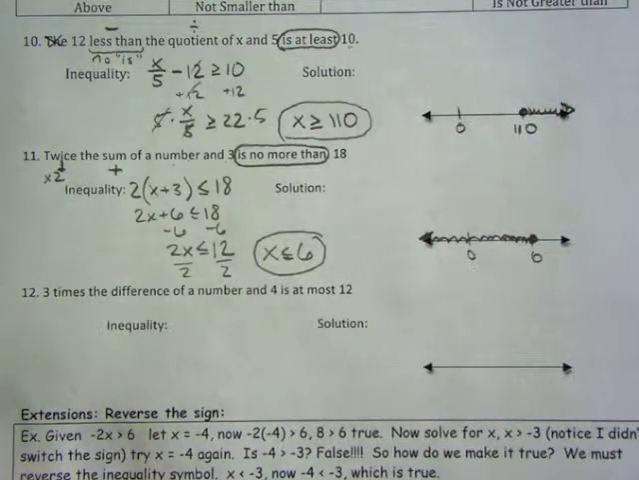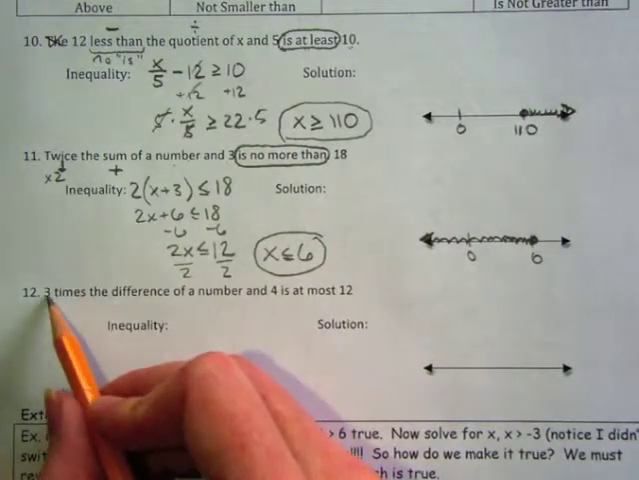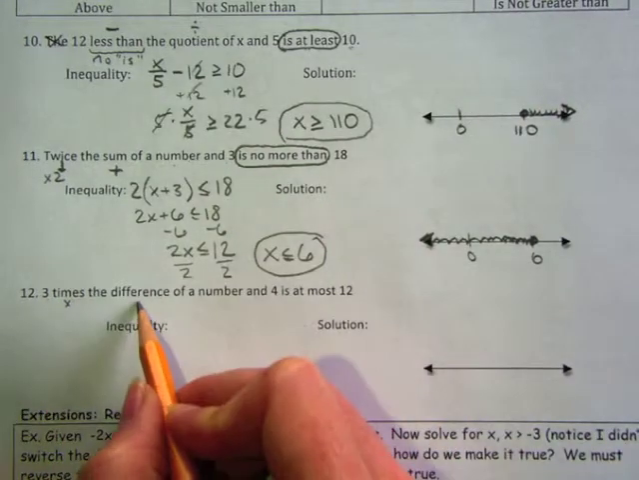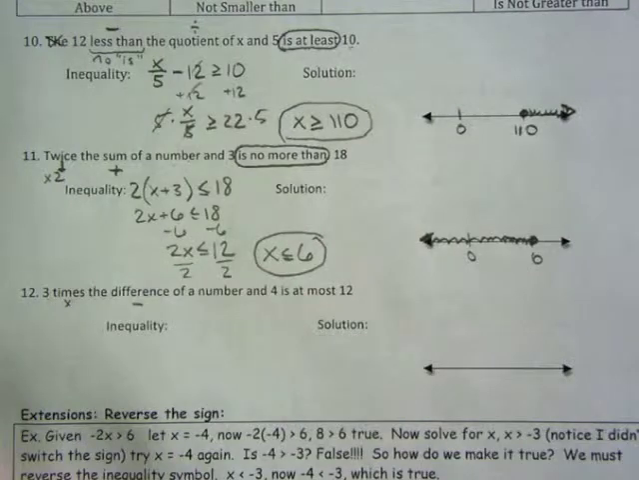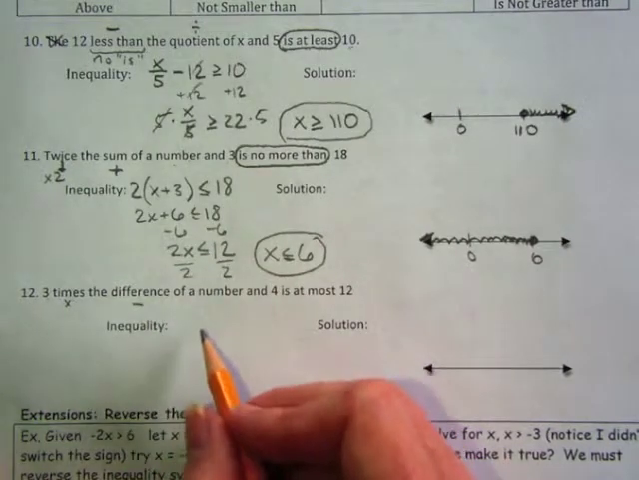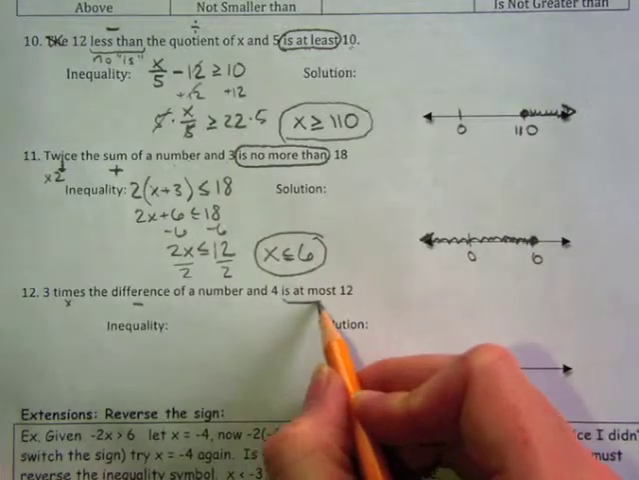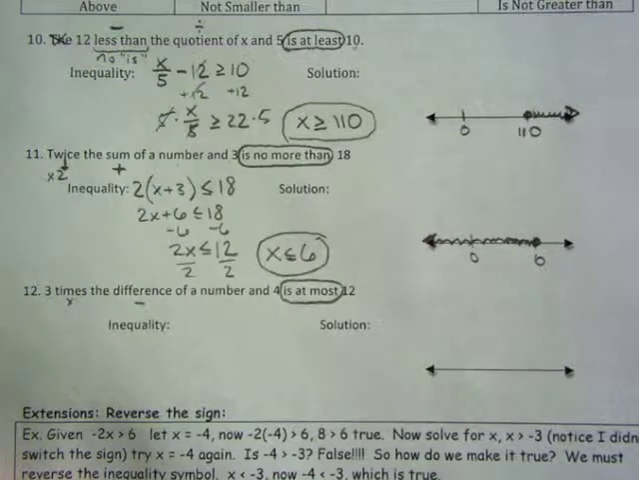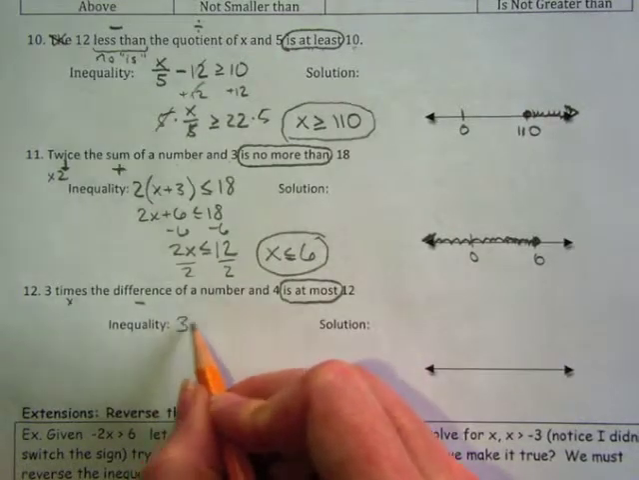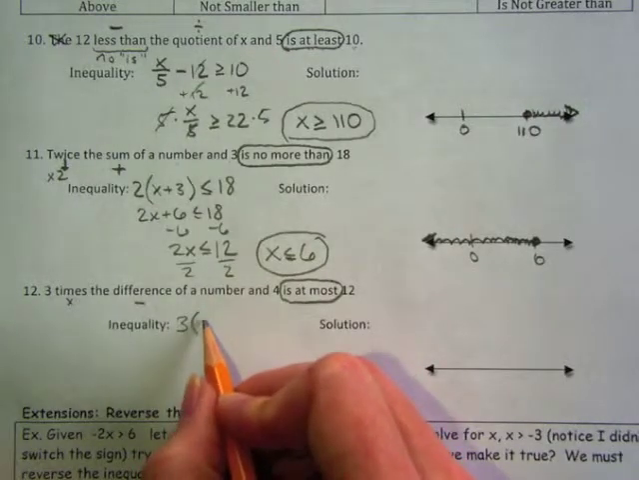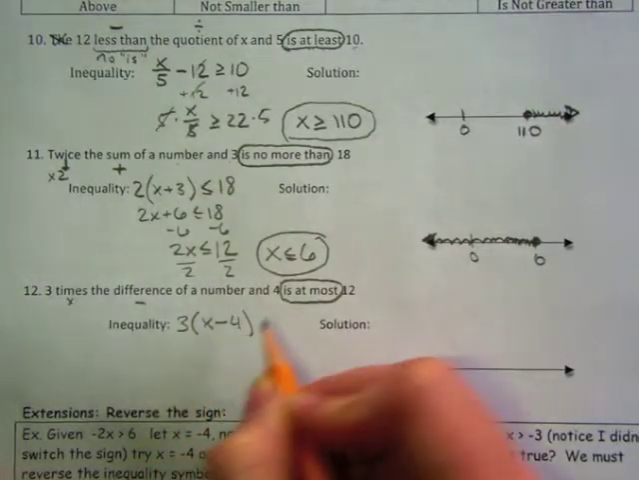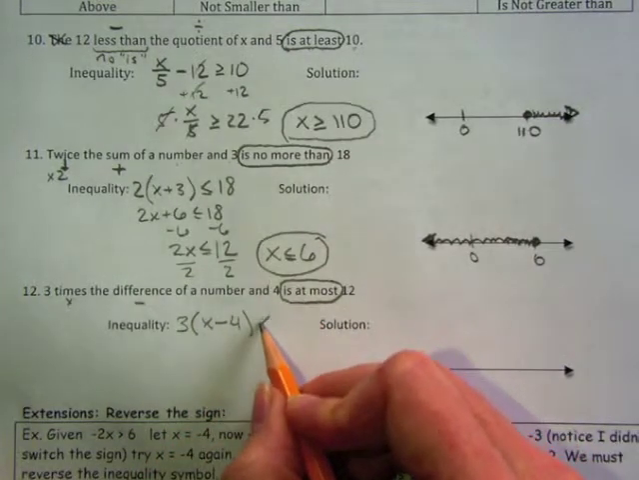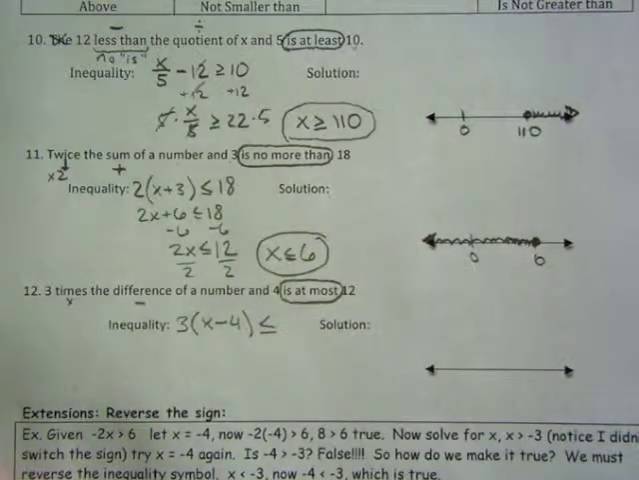Okay, welcome back. Here again we have the idea of multiplication. 3 times, we know that one. The difference, remember difference is subtraction. So I'm multiplying a difference, so that tells me I'm going to have parentheses. And "is at most" 12. Well, 12 is at most 12, and things that are smaller, like 5, would be at most 12. Okay? So we translate this inequality to 3 times the difference, we need parentheses, of x minus 4 is at most, less than or equal to,